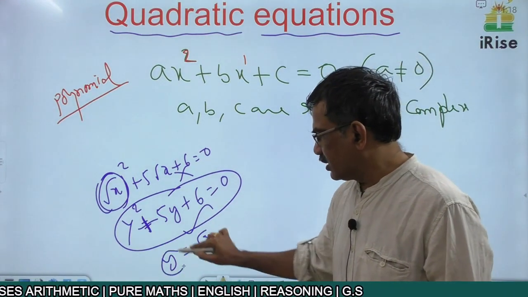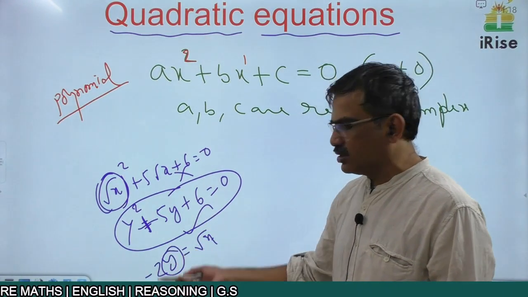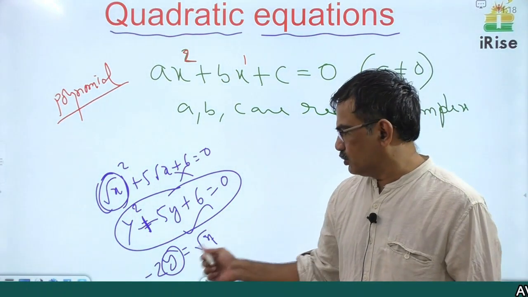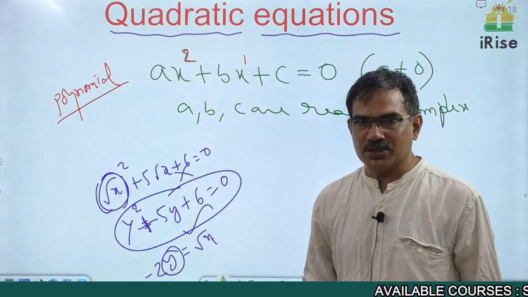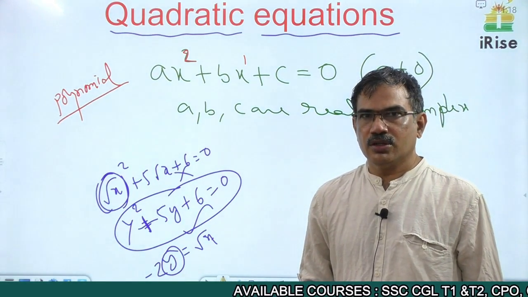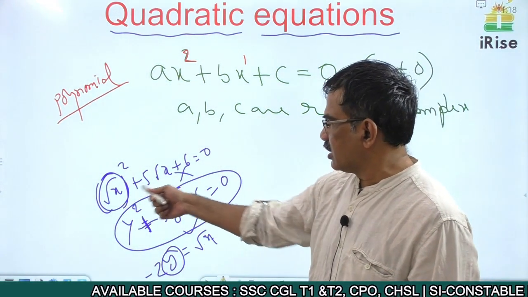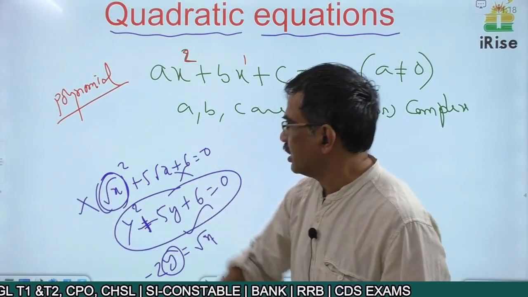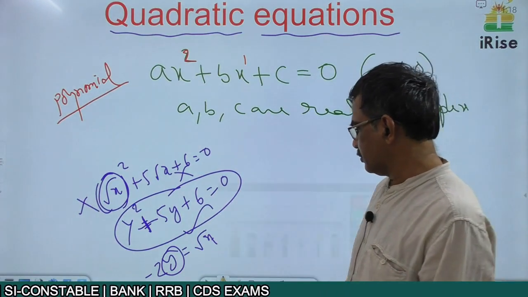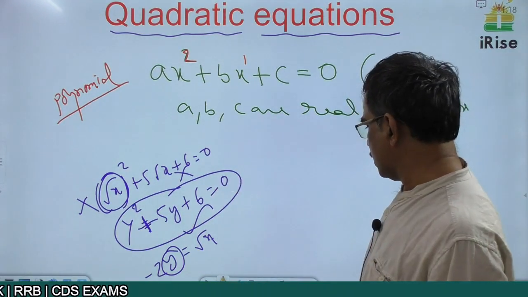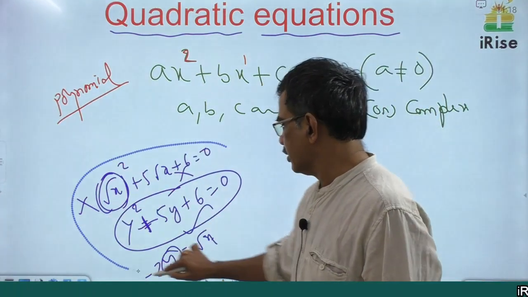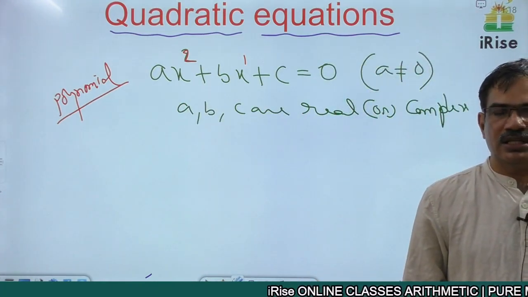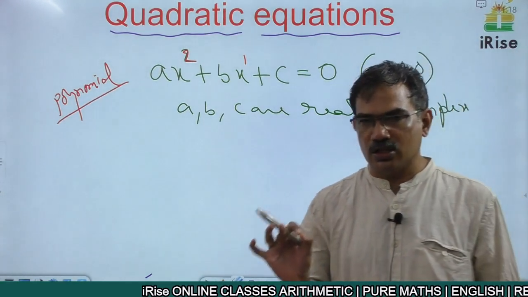For example, if you get the y value as minus 2, root x is equal to minus 2 is impossible. Already I have told you root is always positive. Root x is equal to minus 2 is impossible. So some roots may or may not satisfy the original equation. That's why it is not a quadratic equation. Please understand this concept. So the second degree polynomial equation is called a quadratic equation.